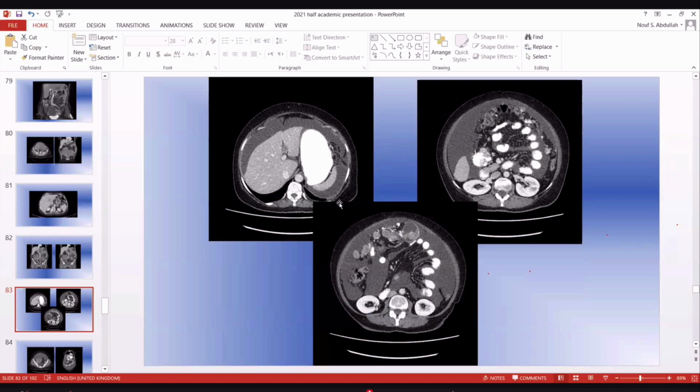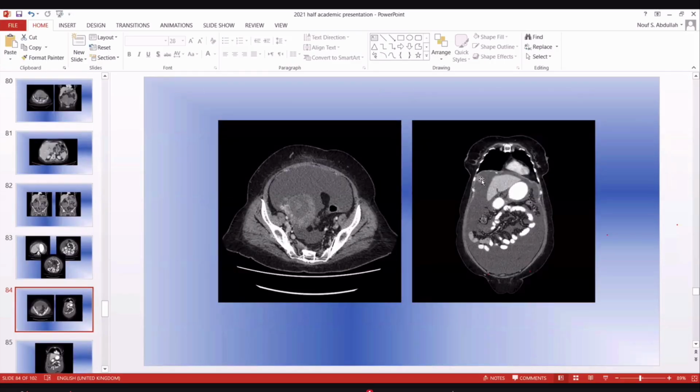In this case, if you look carefully, you have a large amount of ascites. So you have multiple areas of peritoneal nodules and carcinomatosis. You look here, there is another area of peritoneal carcinomatosis. You have a complex solid cystic lesion on the right side. When I show you these findings, it's not just to identify them, because they represent the important positives and the important negatives that you have to think about when you are faced with a